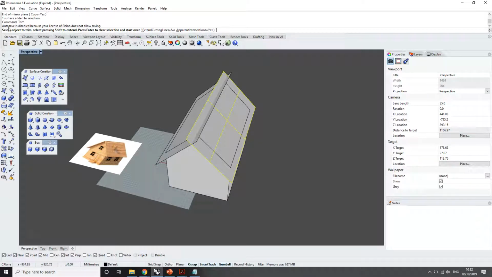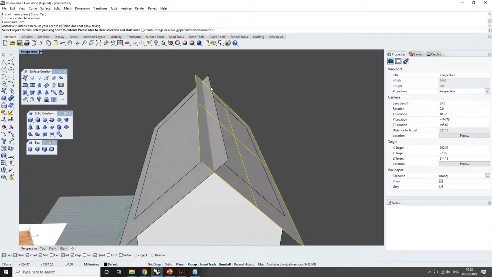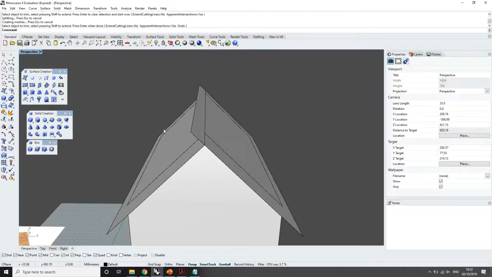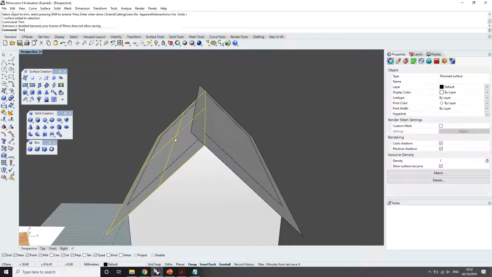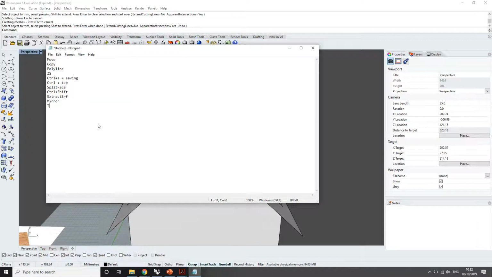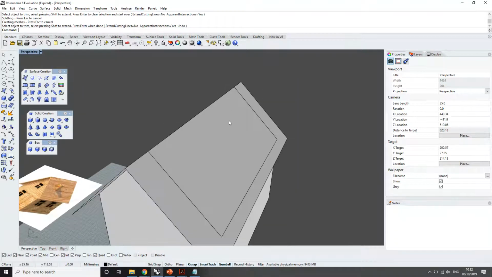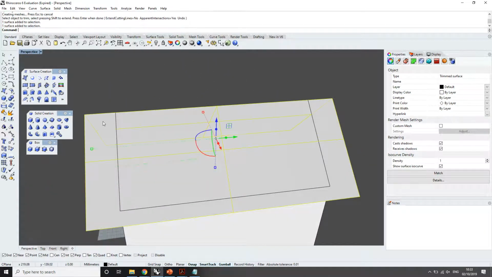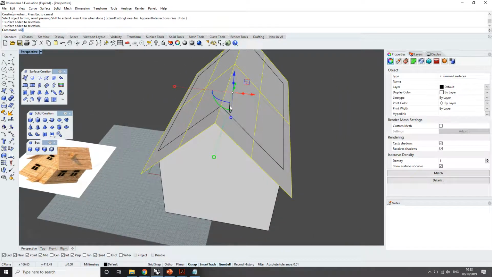So all I have to do is select object to trim, and we just want to take out that tail. So that goes off. Now I can repeat the same command onto this one. So I'll select this one, type trim, and then press that bit. So it just trims off all those extra bits. That was trim. Now we have the roof. Could select these two and join them. So it's now a joined